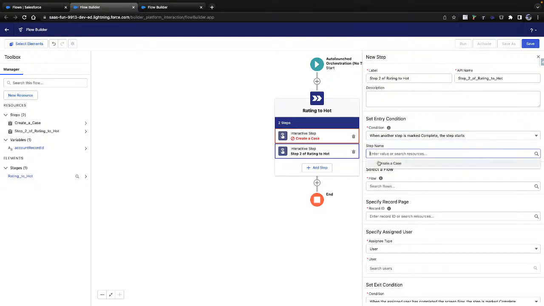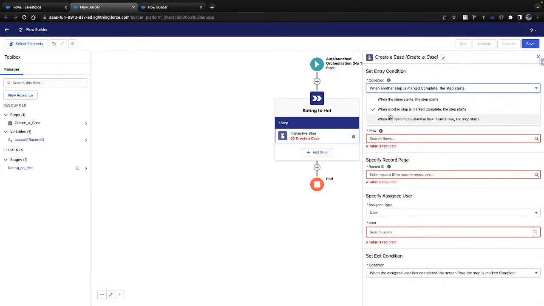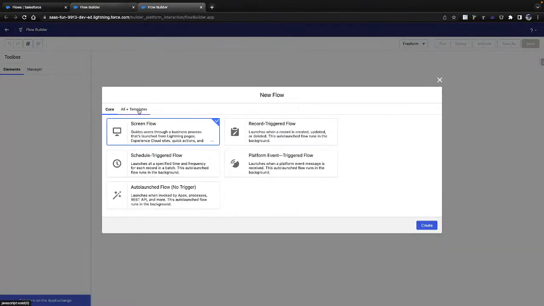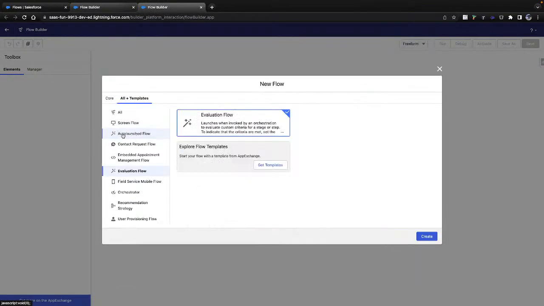Now because this is the first step, we're not able to select one option here. We cannot select this option because I don't have an earlier stage name, and I cannot select this because I never created any flow. In Flow Builder, if we go to all templates, there is a flow called evaluation flow.